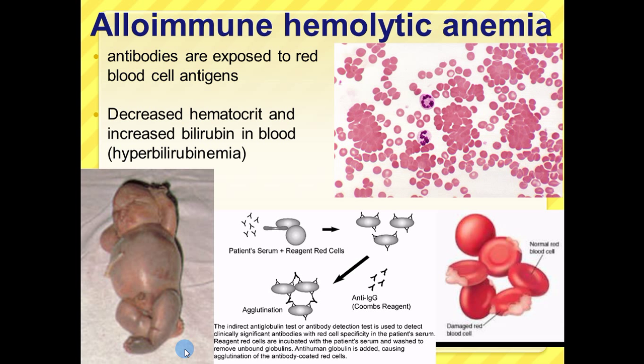Alright, so here are the disorders that are associated with this. Alloimmune hemolytic anemia. So in a transfusion, or actually across the membrane of the placenta, it could do it too. But this is not the same as autoimmune hemolytic anemia. The symptoms can be very similar, but this is alloimmune, which means that you're getting it from either transplant or from mom across the placenta. So in this situation, what's happening is they have decreased hematocrit, they accumulate bilirubin, and you see this more in babies and infants. So the Coombs test, or the Coombs positive test,